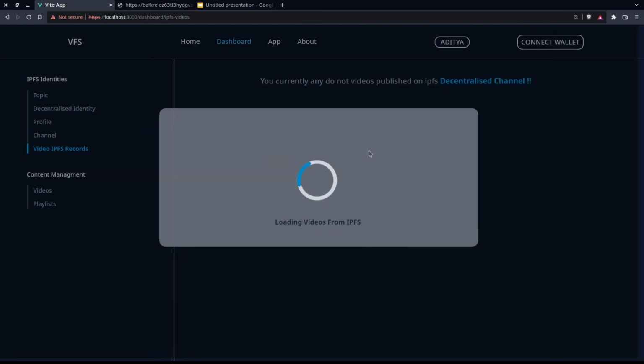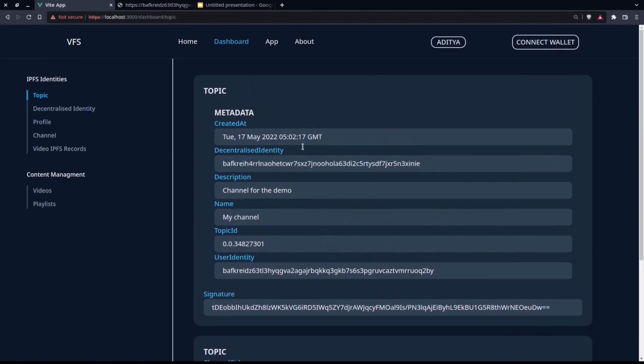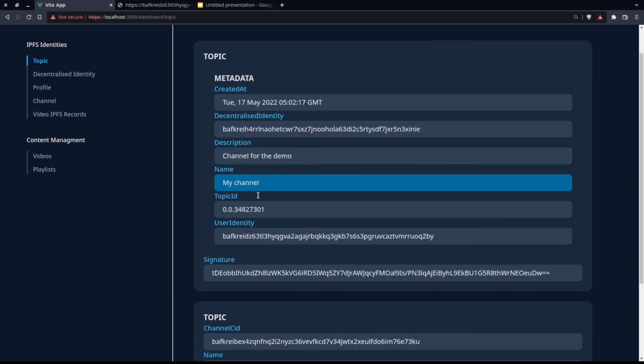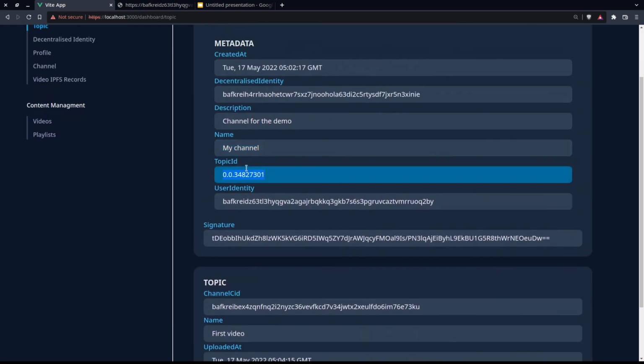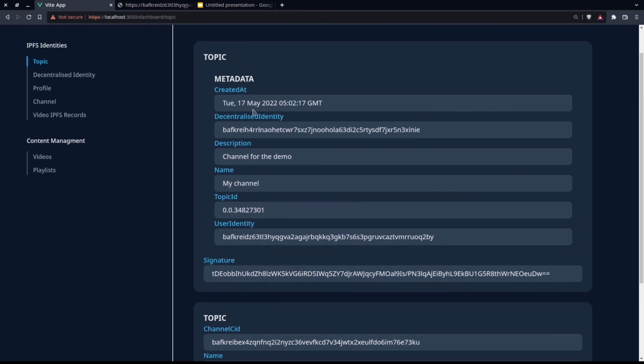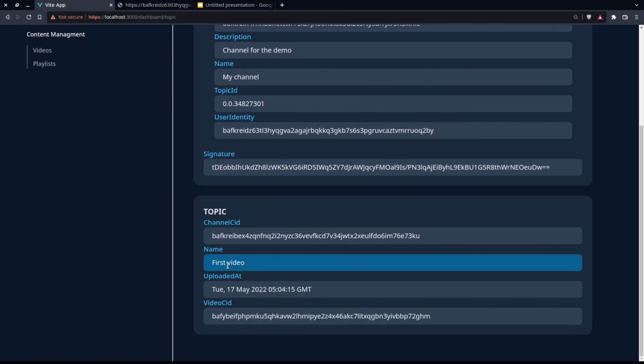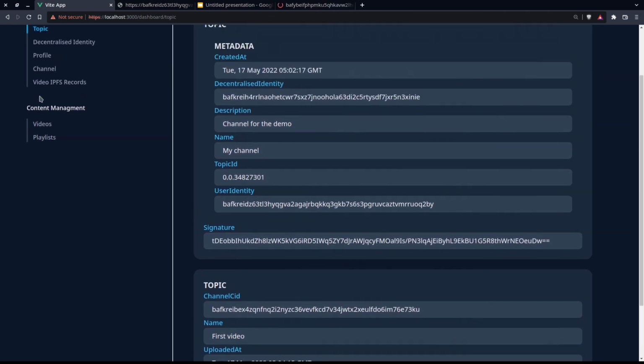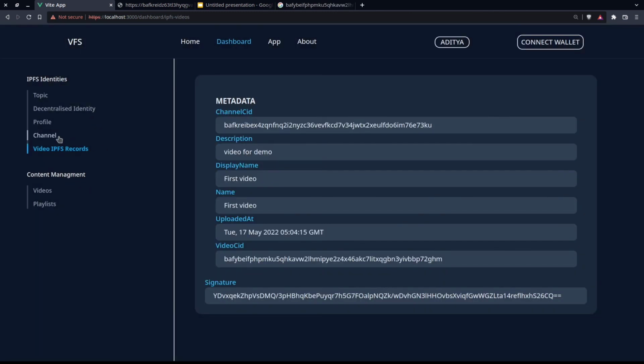And now we are also going to see the video record from IPFS, but it's taking time, so let's actually look at the topic once. And in the topic, we can see there is the channel metadata which was persisted, and then there's the video metadata as well below, which mentions the channel CID name, and the uploaded video CID itself, so that the video can be watched from there. The video contains